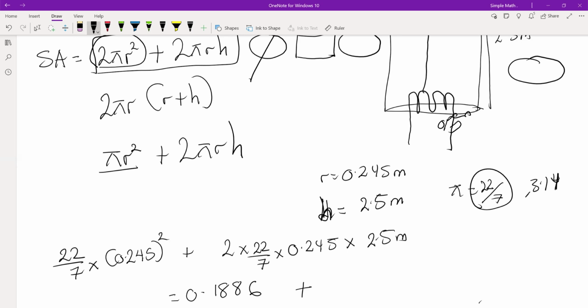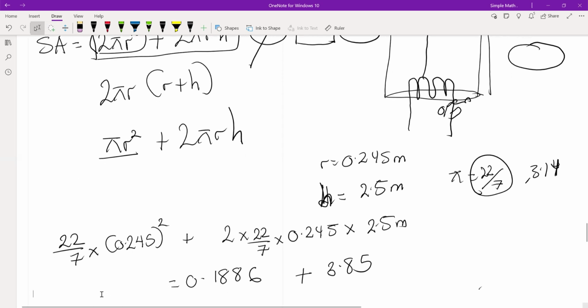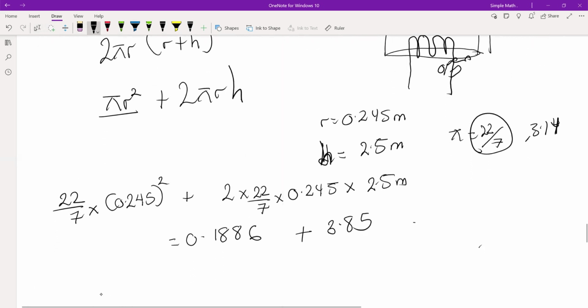Okay, that gives me 3.85. I'll still keep it to four decimal places for now. So we have 3.85 plus